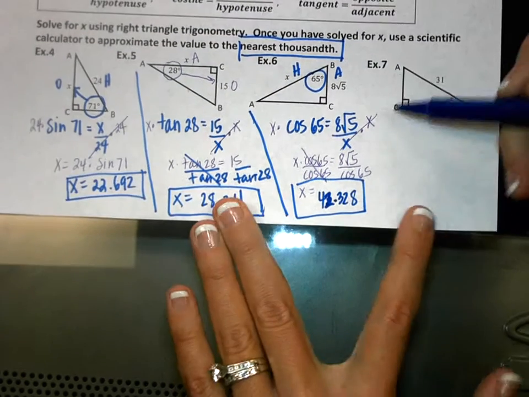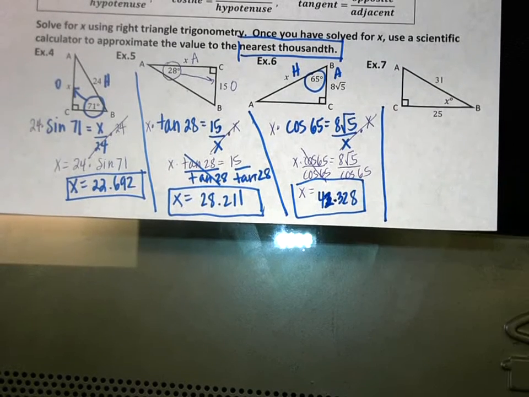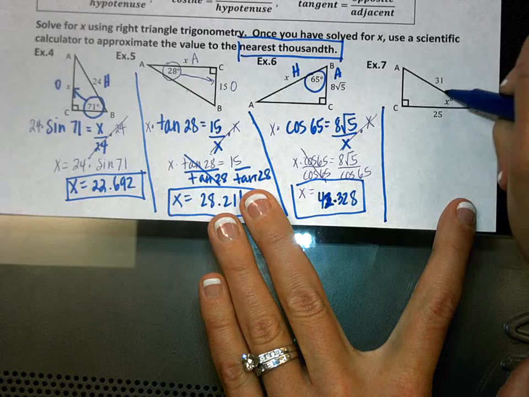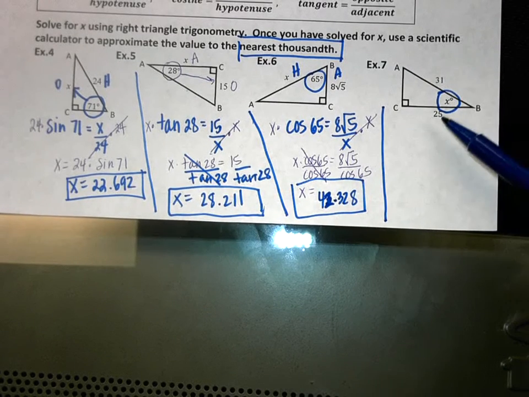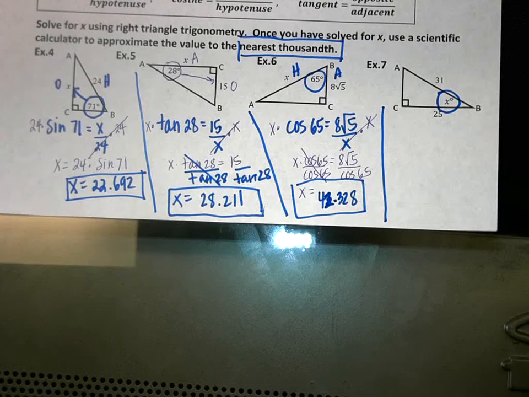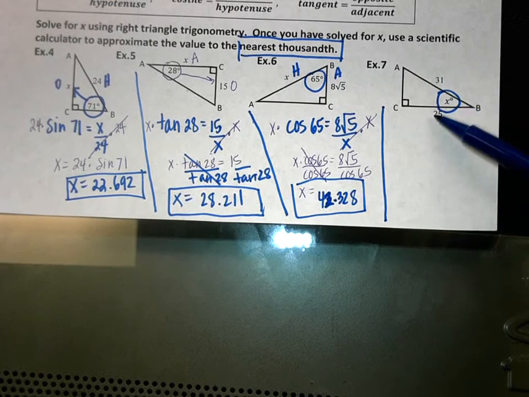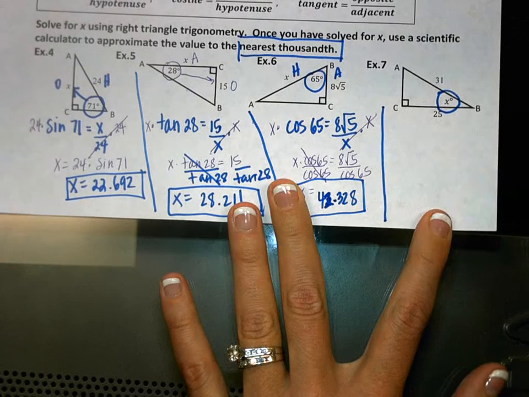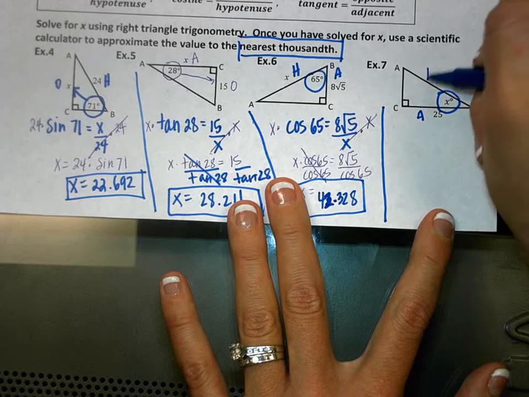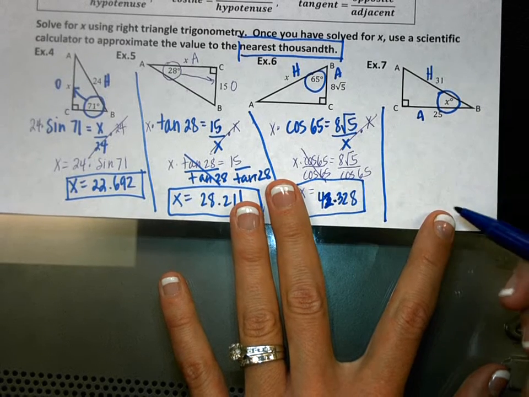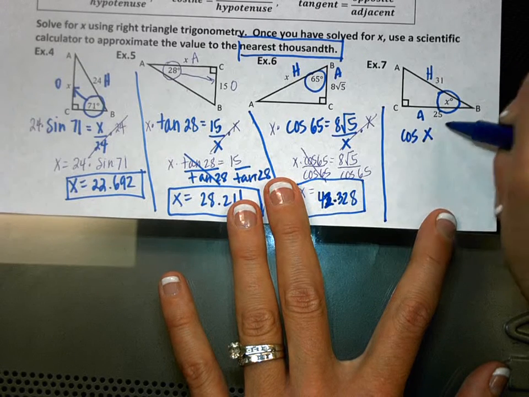All right, this last one is slightly different. And you did do this back in Math 3, but we just want to make sure you remember. So notice this time we don't know what the angle is. What you also need to be careful of is that when you write your answer, you should also include the degree. So on this one, from this angle, what is 25? It's the adjacent. And 31 is hypotenuse. Good. And so we are going to write this as what? Cosine. Cosine x equals